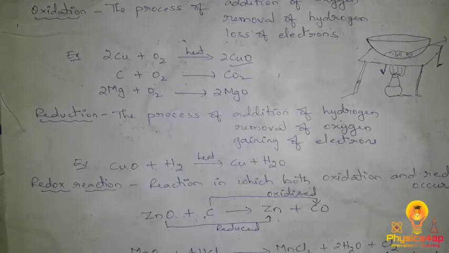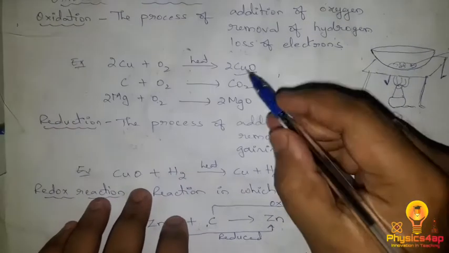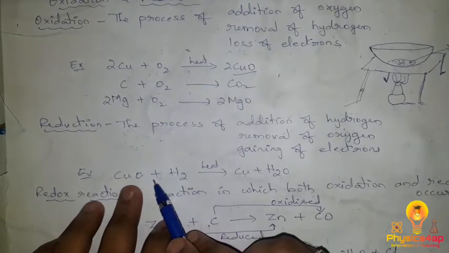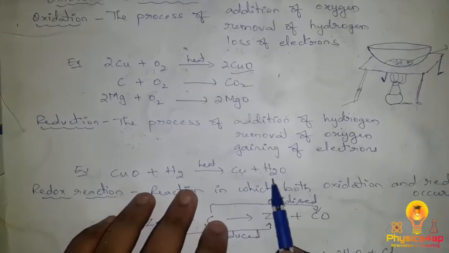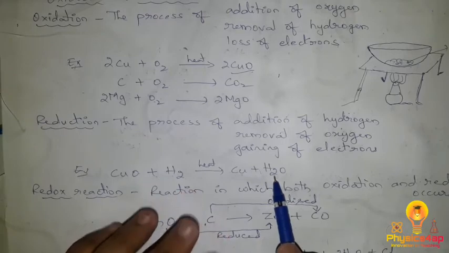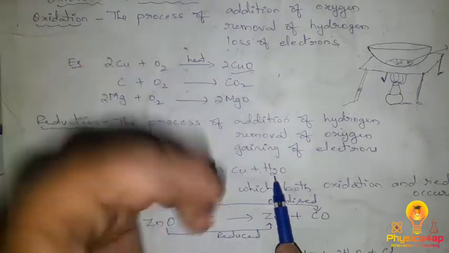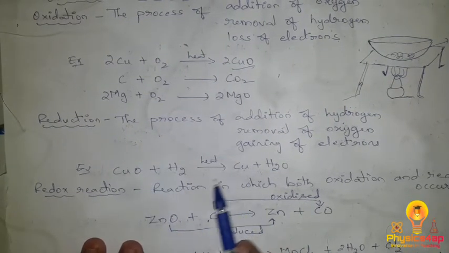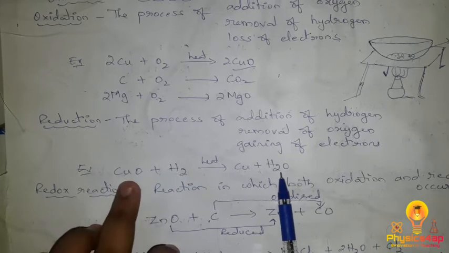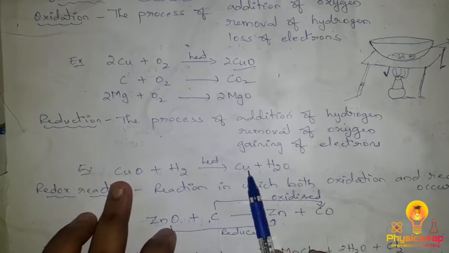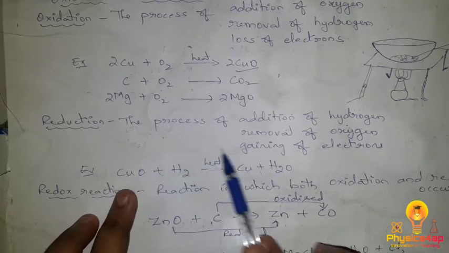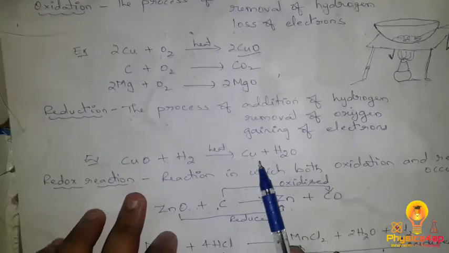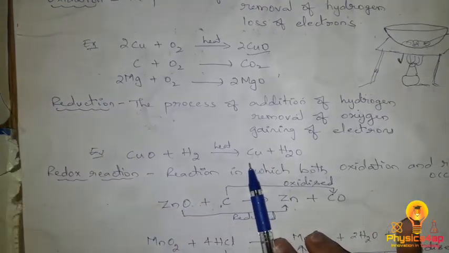For this we have an equation here, that is the copper oxide which we got here. When we send hydrogen gas to this copper oxide and it is heated, the water molecules, the water vapor, are evaporated. That means hydrogen is being oxidized here. As hydrogen is oxidized and removed, the copper present here is being reduced. So copper oxide has been converted into copper, which we call reduction. So this is an example for the reduction reaction.